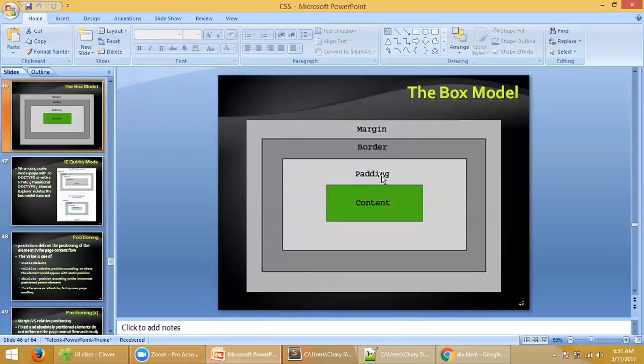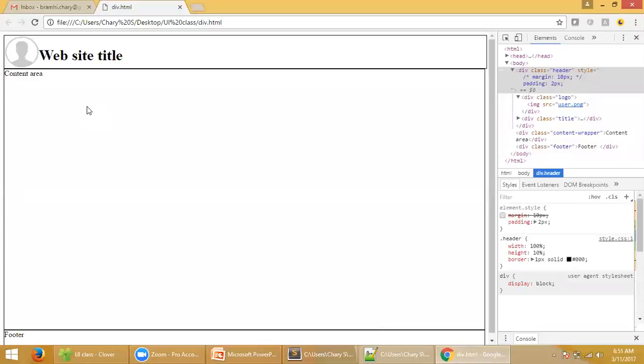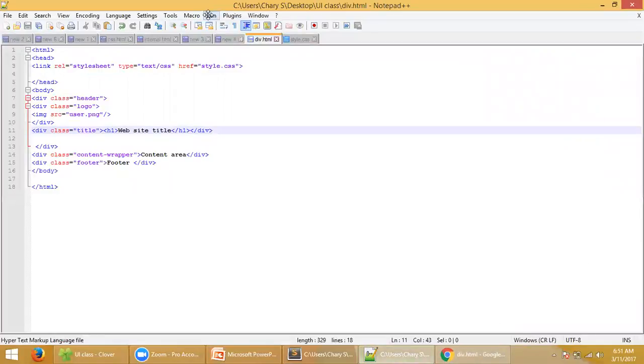Clear, right? Padding means it will apply to the children. Margin means the spacing applied for the specific parent. That's the main difference between margin and padding. Here in padding, we can have like